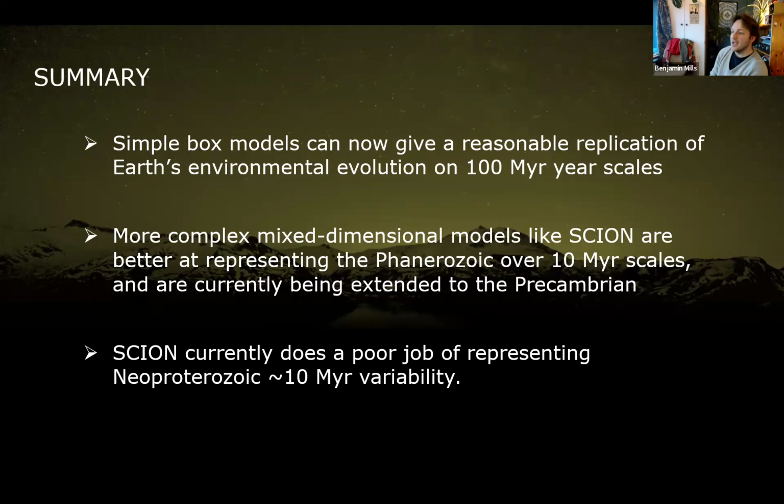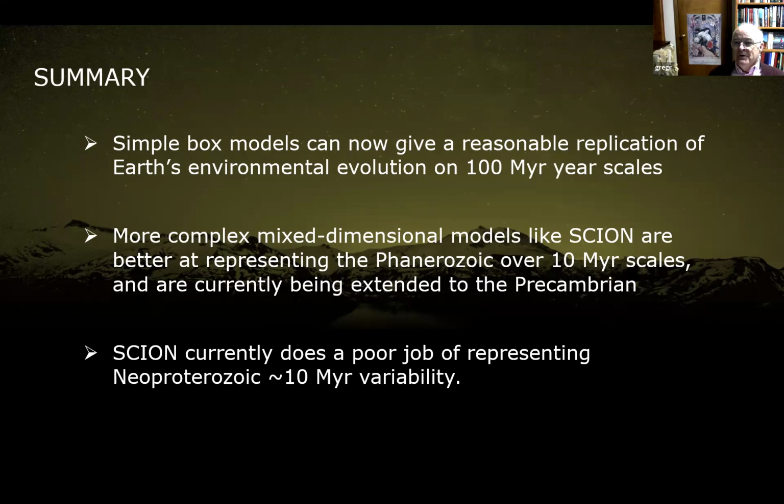No, absolutely. I agree. One of the things we're hoping to do in a new project is extend the sort of treatment that we have of the land through the Phanerozoic, with the land plants and the soils, back into the Neoproterozoic, and try to address some of these ideas.